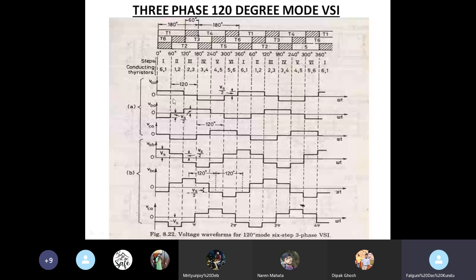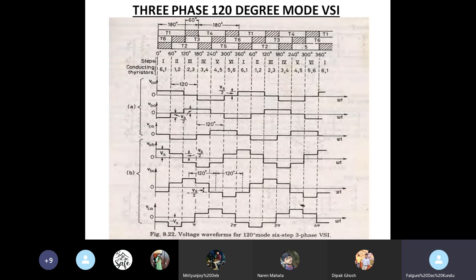Okay, here it is seen that this is pi, 180 degrees, but each conductor conducts for 120 degrees, that is, this is T1. This 60-degree step is off. Again for 120 degrees T4 operates, 60 degrees off. Again for 120 degrees T1, 60 degrees off, then T4. Okay, then T3 for 120 degrees, after this it is off, T6, 60 degrees off, T3, 60 degrees off, T6. This continuation of T6 comes in the first.